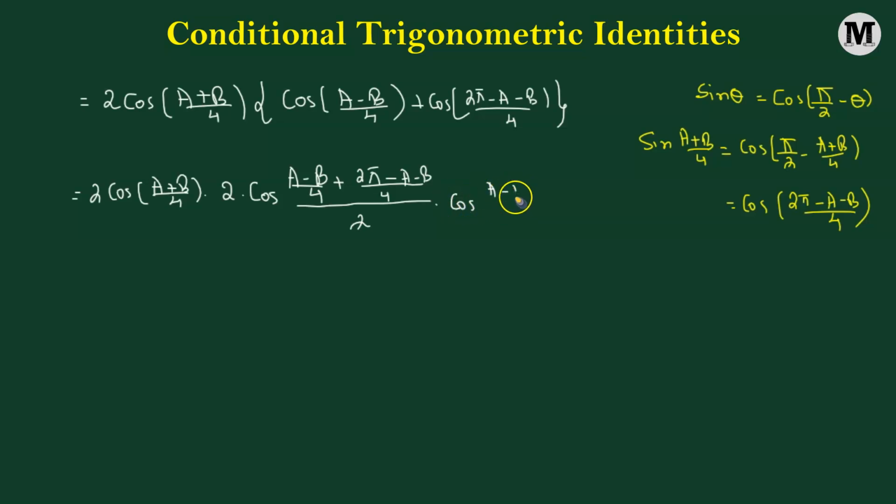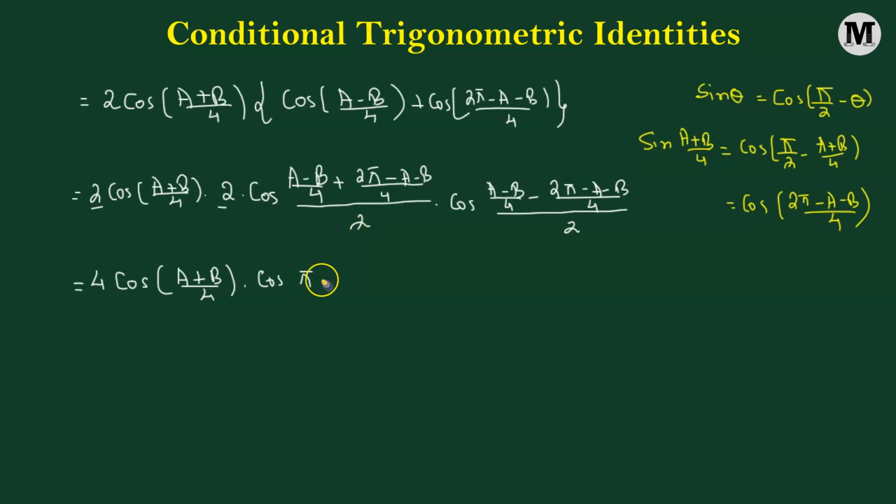Now we have C minus D. So we'll do (a minus b)/4 minus (2 pi minus a minus b)/4, whole divided by 2. So we get 2 times 2, which gets multiplied to give us the factor 4. We have 4 times cosine of the angle (a plus b)/4 multiplied to cosine of, so we're going to combine this expression. That is going to give us (pi minus b)/4 multiplied to cosine of the angle. Now when we compute these terms within the parentheses,